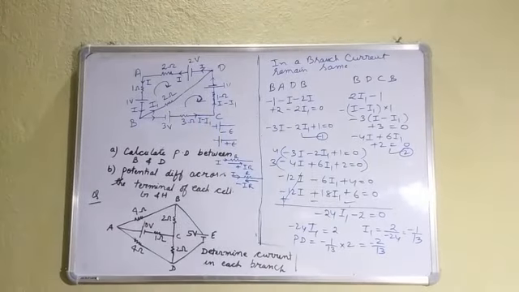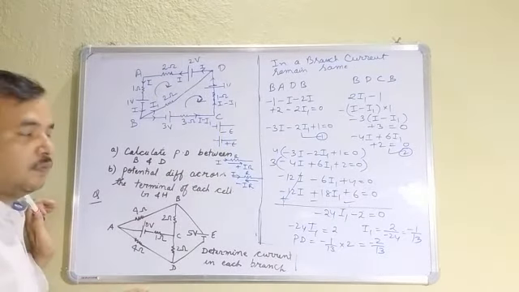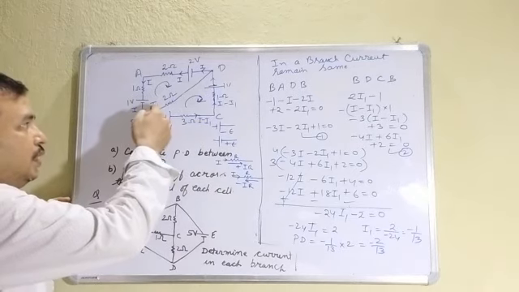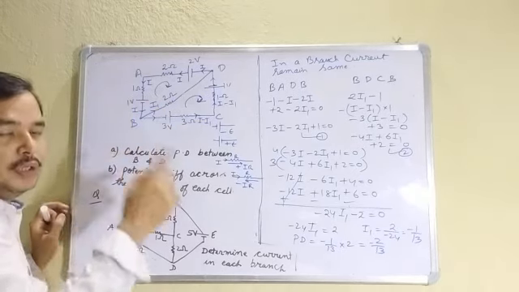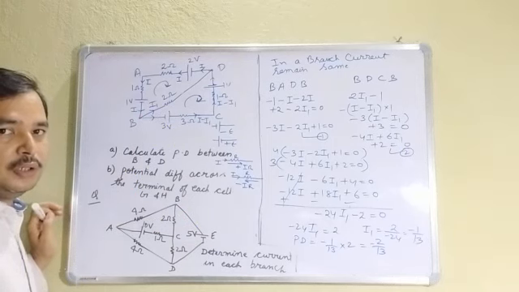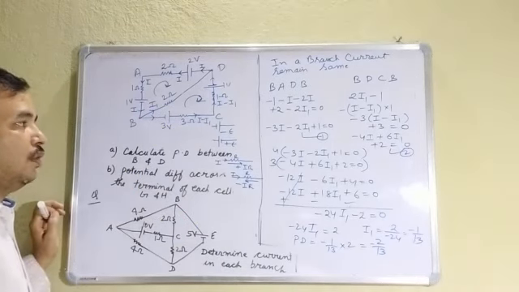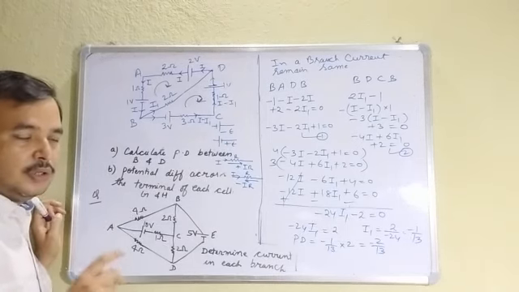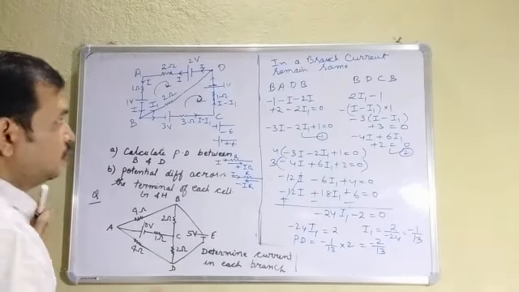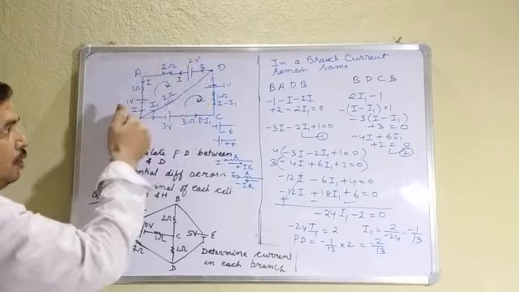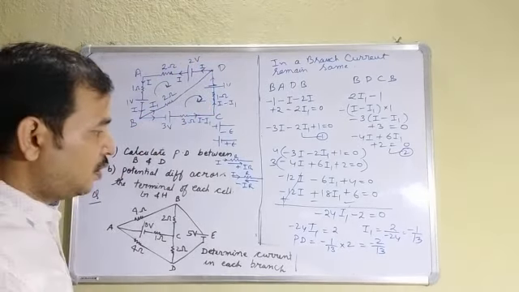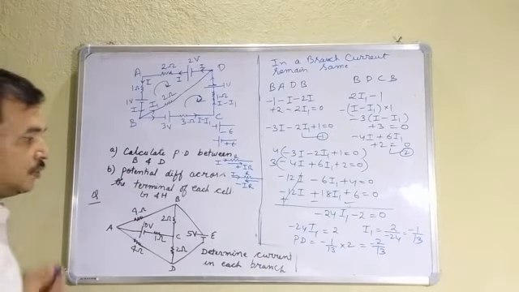Here, minus plus doesn't matter. Minus means that if some student have taken direction just opposite to me, he will get plus 1 by 13. Clear? So don't worry of minus or plus in the variation of answer. 1 by 13 all will get. Those who will take direction from D to B, they will get plus 1 by 13, and if you are taking opposite, you will get minus 1 by 13.